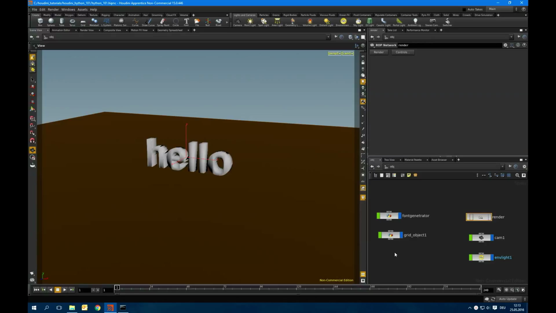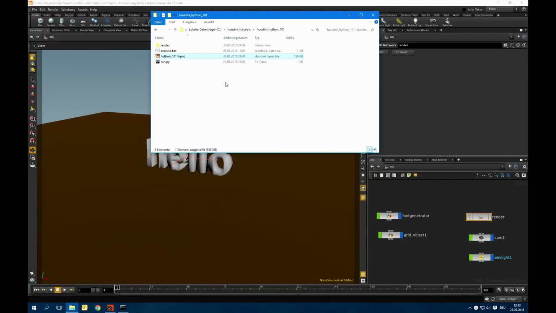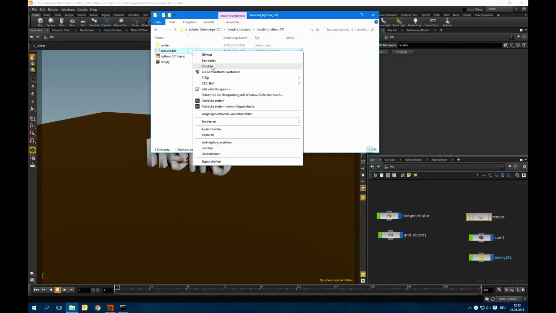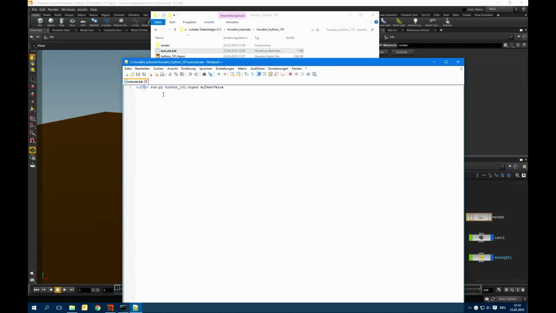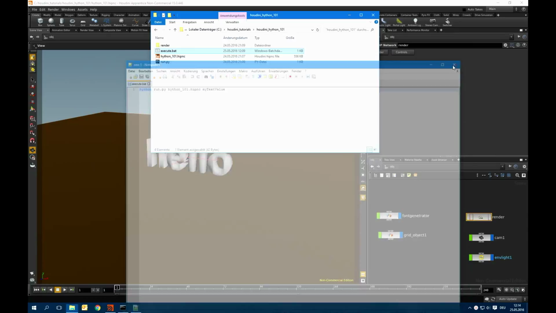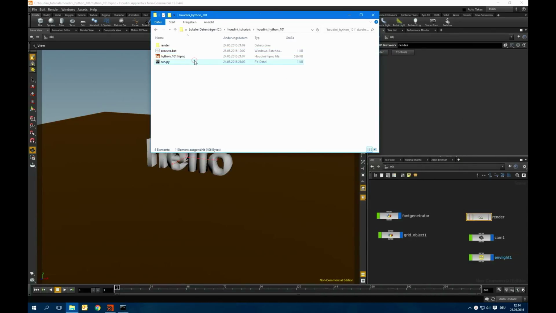And our target is to make a font generator. With this font generator we're creating objects, and we want to use Hython to execute it with a custom Python script that has a hip file defined